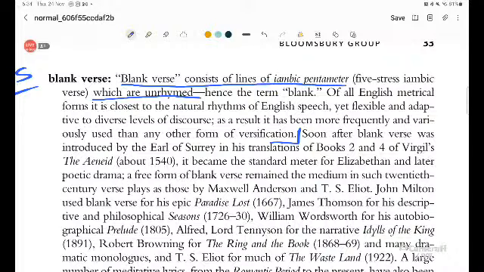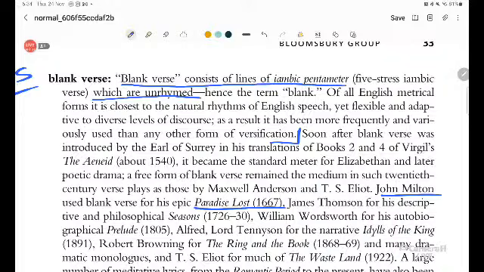A free form of blank verse remained the medium in such 20th century verse plays as those by Maxwell Anderson, T.S. Eliot, etc. John Milton uses blank verse in his epic Paradise Lost, 1667. James Thomson, मैं इसे underline कर देता हूँ, James Thomson for his